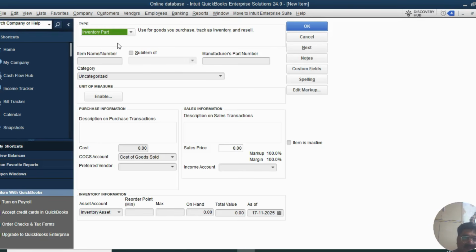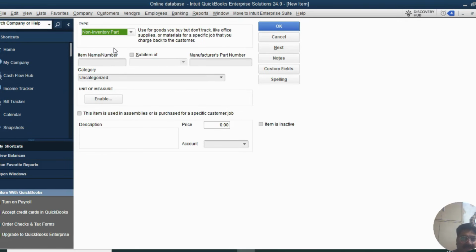Let's say, for an example of an inventory part item, let's select that. Let's say a customer comes into my computer shop, and I don't have those cables available which I can give to the customer. So I can borrow those power cables from a nearby shop and then sell them to the customer. That's something which is not an available item, and we are just forwarding or selling this at a higher price to the customer. So that's something which is not there in QuickBooks, but we are entering them into